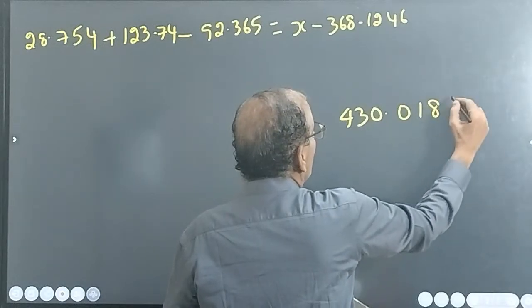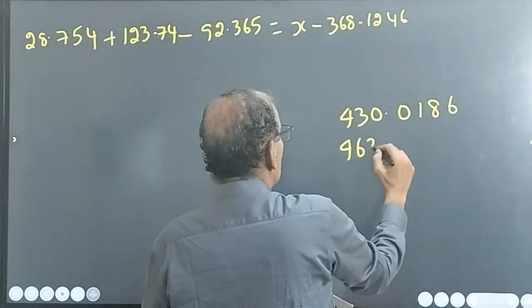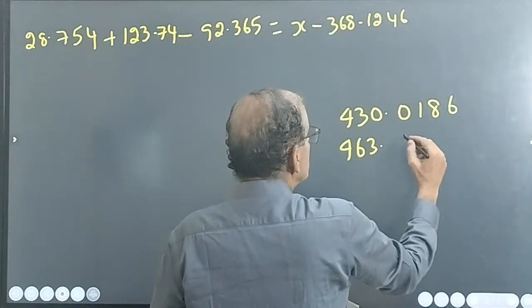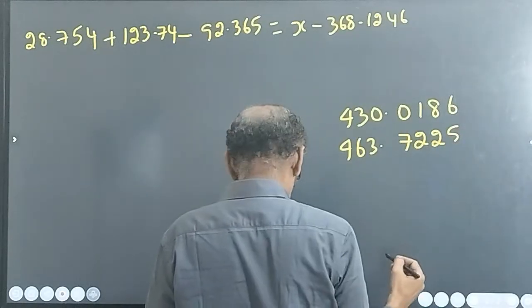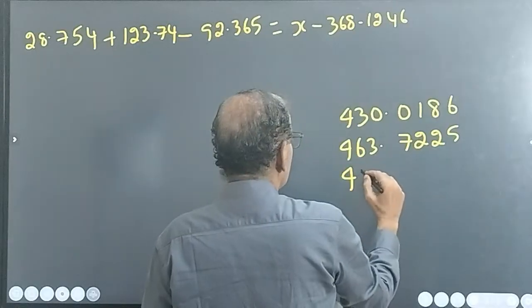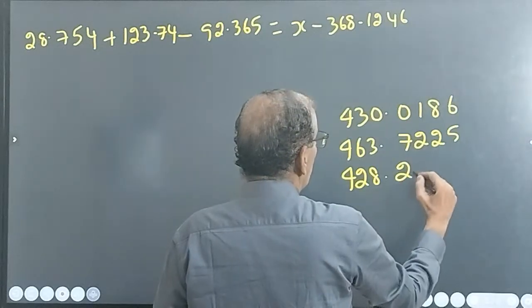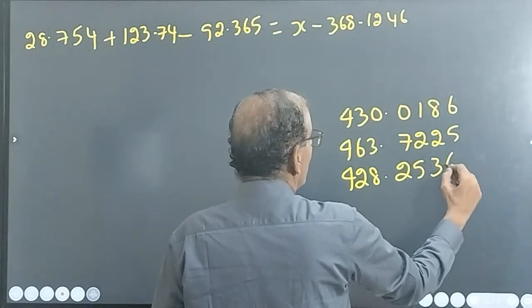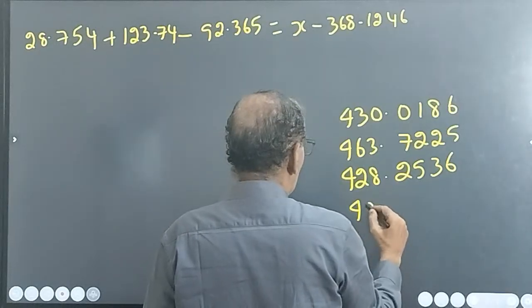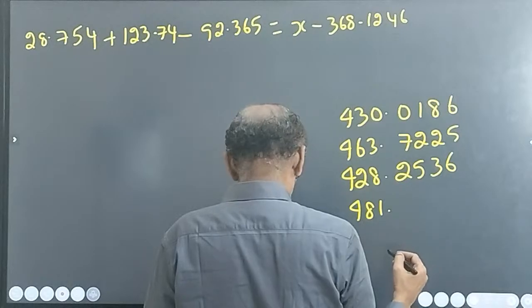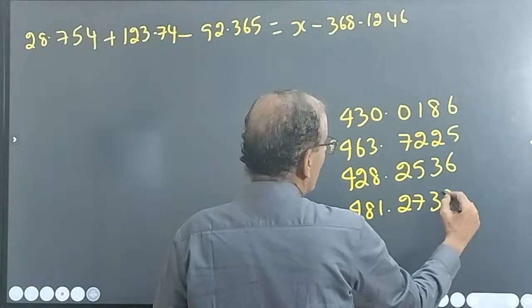430.0186, then 463.7225, 428.2536, 481.2738. Okay, as I already told you,